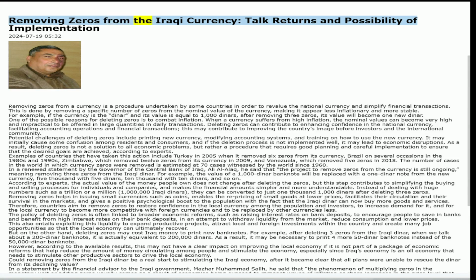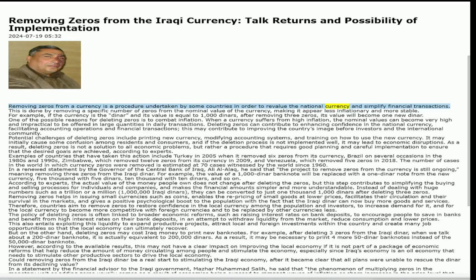Removing zeros from the Iraqi currency. Talk returns and possibility of implementation. July 19th, 2024, 5:32. Removing zeros from a currency is a procedure undertaken by some countries in order to revalue